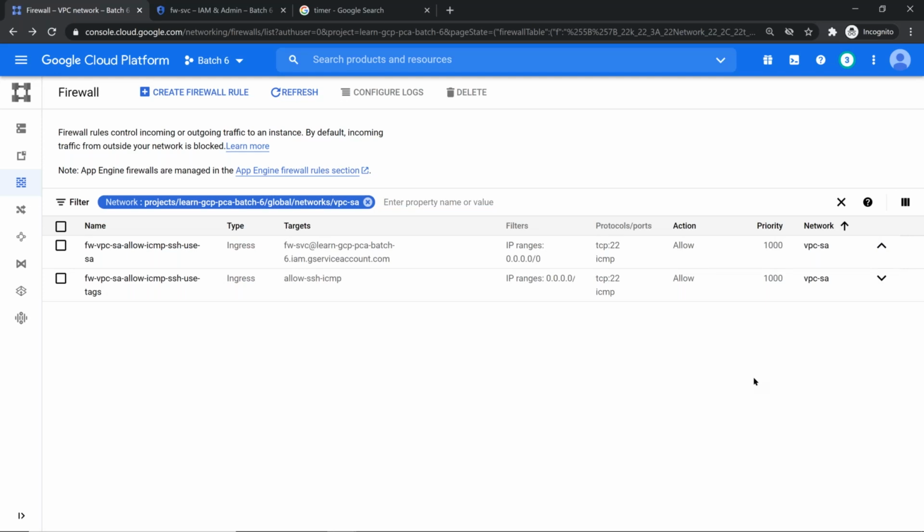Is there anything till here not clear, folks? Both firewall rules are identical. Only the target, the style in which you are going to apply it, is going to be different. Thank you, folks. Thank you for confirming. It's very clear. So now what we are going to do is,